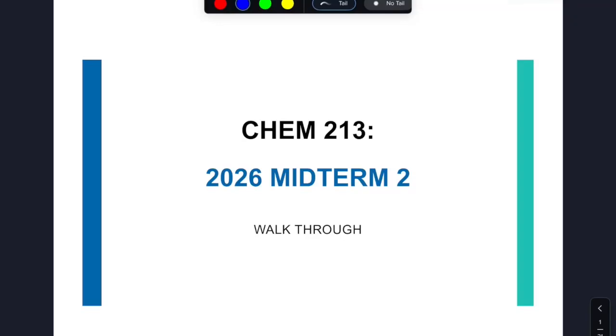Okay, everyone, so this is the midterm 2 walkthrough, just going through the questions and answers for the second one. The first question is a large molecule where we're asked to identify key components. First, we're asked to put an asterisk next to each part of the amide bond, or amide functional